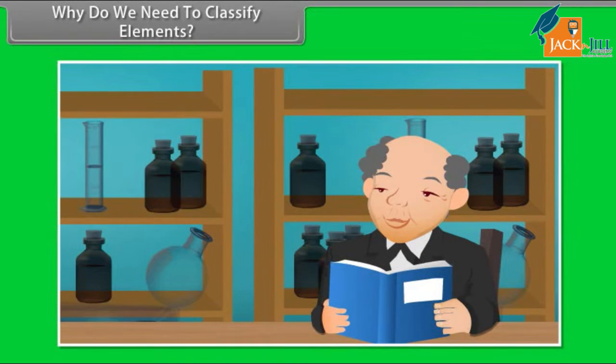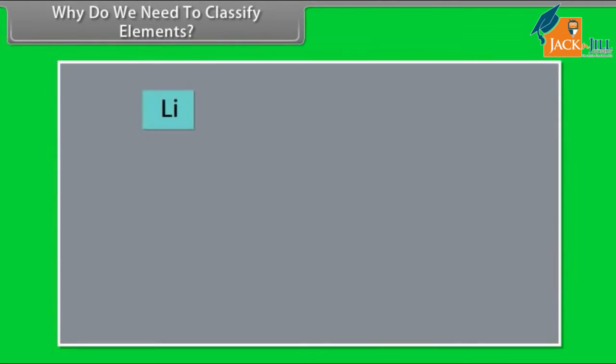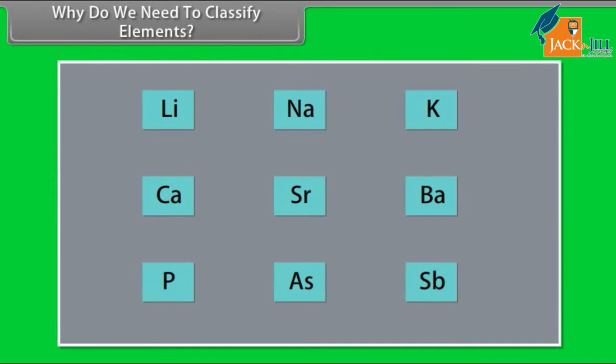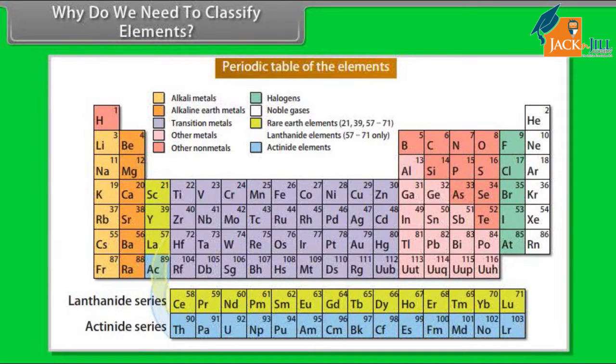Why do we need to classify elements? Before the beginning of the 18th century, few elements were known. As time passed, a large number of elements became known, and today we know 114 elements, so it becomes quite essential to classify them. The classification of elements led to the formation of the periodic table. Thus, the periodic table may be defined as the table giving the arrangement of all the known elements according to their properties, so that similar elements fall within the same vertical column and dissimilar elements are separated.